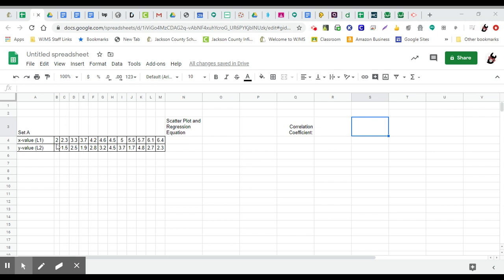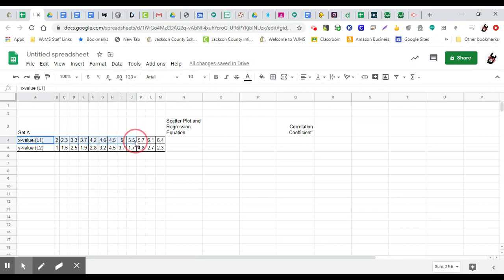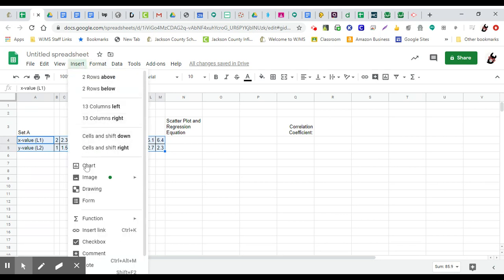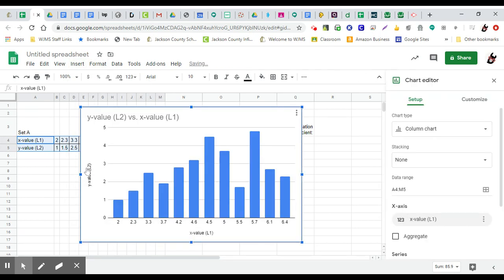All right, today I'm going to show you how to create a scatter plot and put the regression equation on it. The first thing we're going to do is select our values that we want to make the scatter plot with. Be sure and include the X and the Y. And then you're going to click Insert, select Chart, and you're going to come up with some kind of chart there,